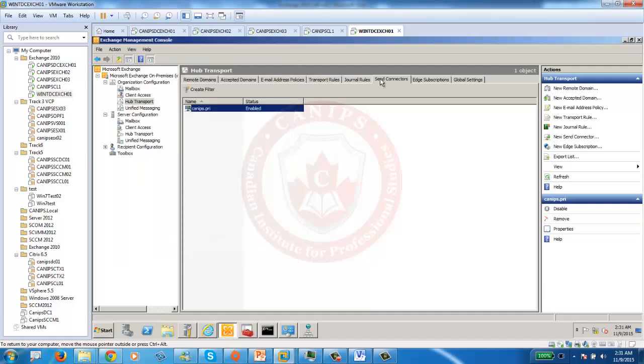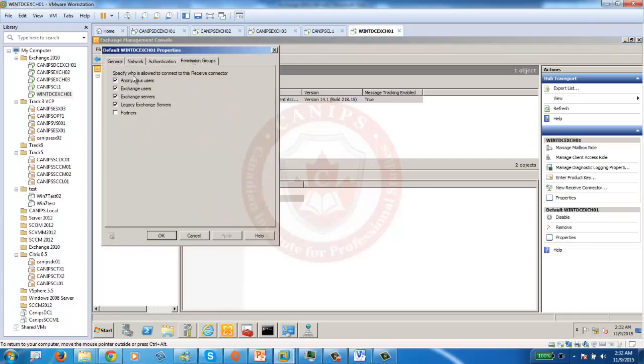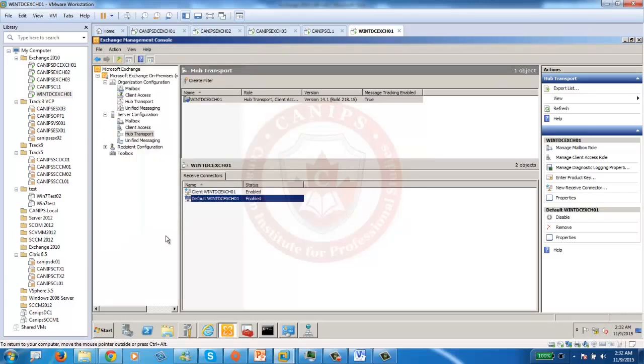So this is done. So we have the send connector, accepted domain, and hub transport server. These are receive connectors. Permissions are allowed, and all we need to do